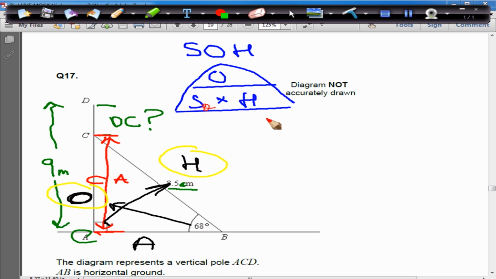Done. So what do we know? We know the H. Tick it. We know the angle. Tick the sine. What do we not know? We need to work out the opposite. So what do we need to do? We need to cover this part up with our thumb. So that gives us this left over. So we're now going to say the opposite is equal to the sine of the angle